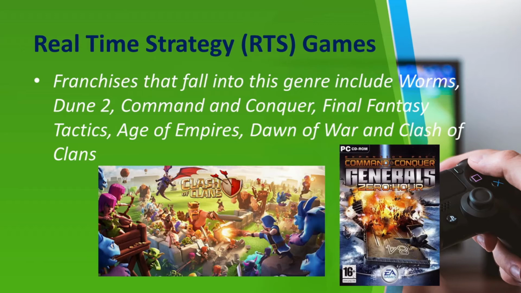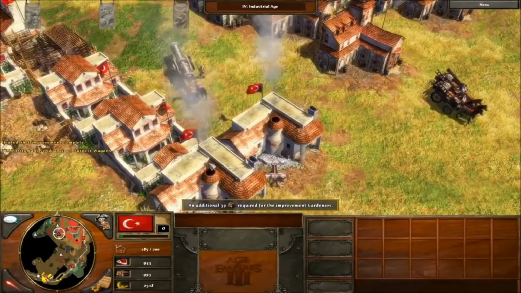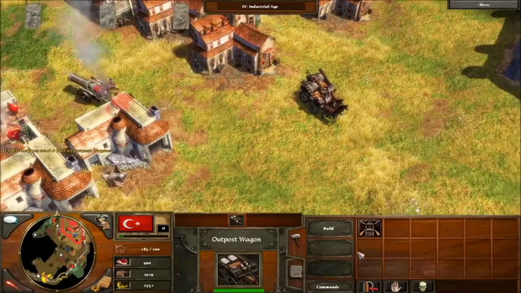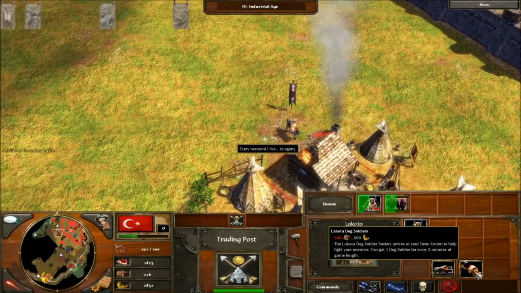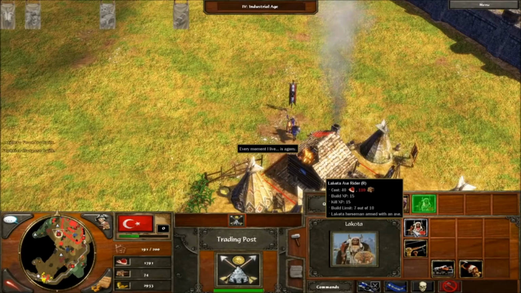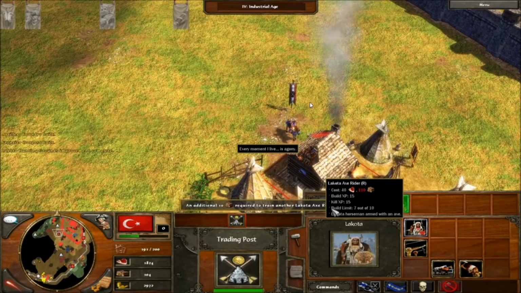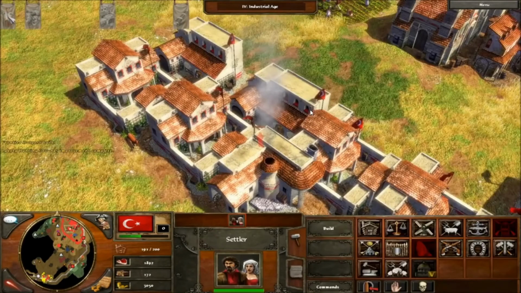Okay, so let's try to check a video of an RTS game. So this is an example of your RTS game. Usually in RTS games, your objective is basically to build units, build structures, gather resources, and attack enemies. In this part of the game, this player is still constructing